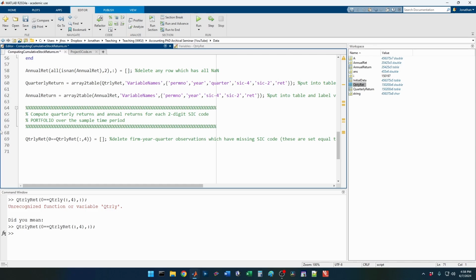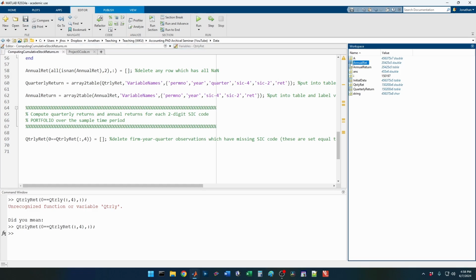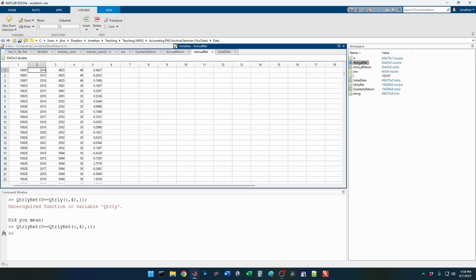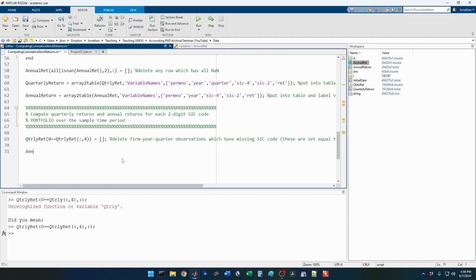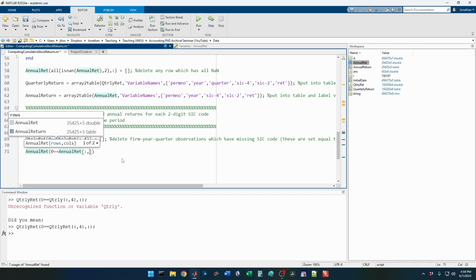When we go ahead and do the annual returns for two-digit SIC code, we also need to delete from our annual returns matrix any rows where there's a missing SIC code. So we may as well go ahead and do that. So I can go ahead and